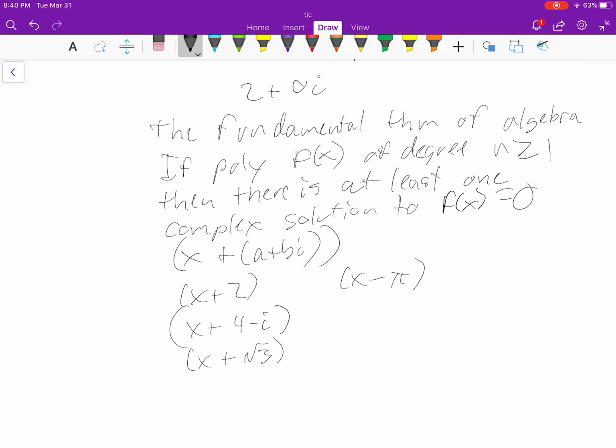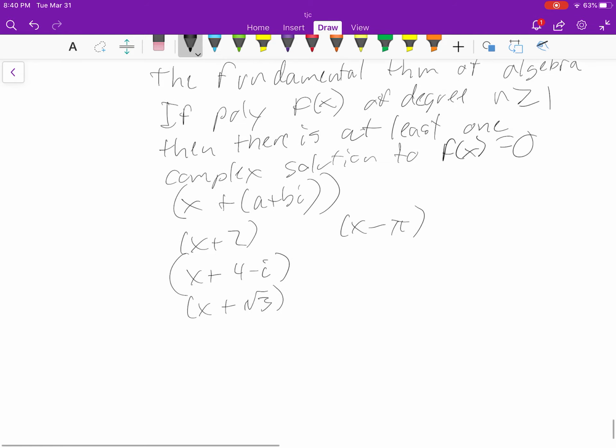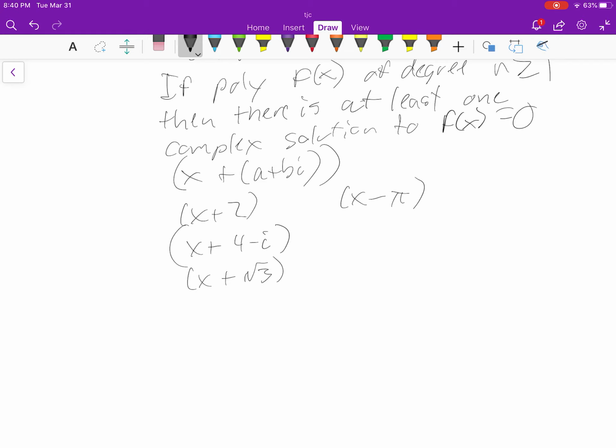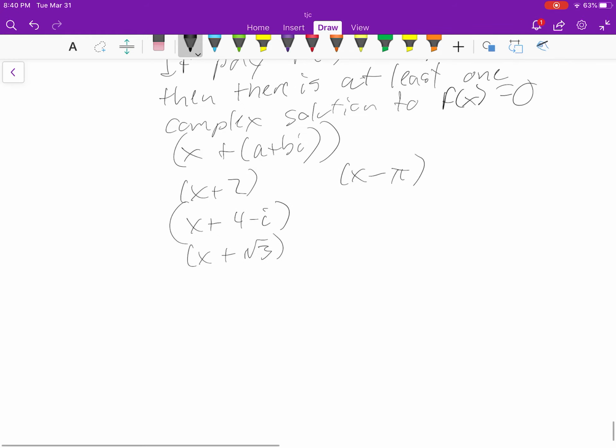Okay, so when we factor out this complex 0, we're going to have another polynomial. Well, then we can reuse the fundamental theorem of algebra and solve that polynomial, because this theorem guarantees that polynomial also has a complex solution, and hence keep on going all the way till we have nothing left but factors. And by doing this, we can then answer a couple questions. Number one,